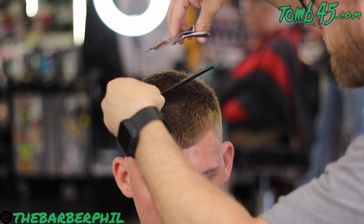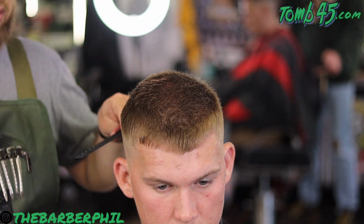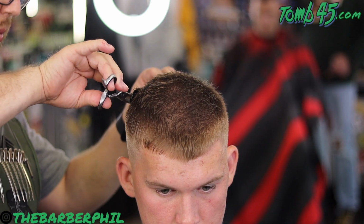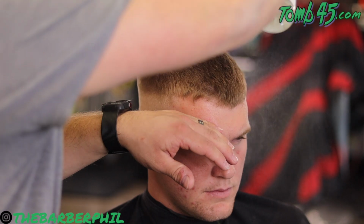So these are a 13T blending shear instead of your typical 40T. This is basically a cheater version of shears that mimics point cutting. Because there are so few teeth, it does take a little bit bigger chunk out. So I took that comb through there, hit just the very tips. It's going to add a little bit of texture, a little bit of unevenness,